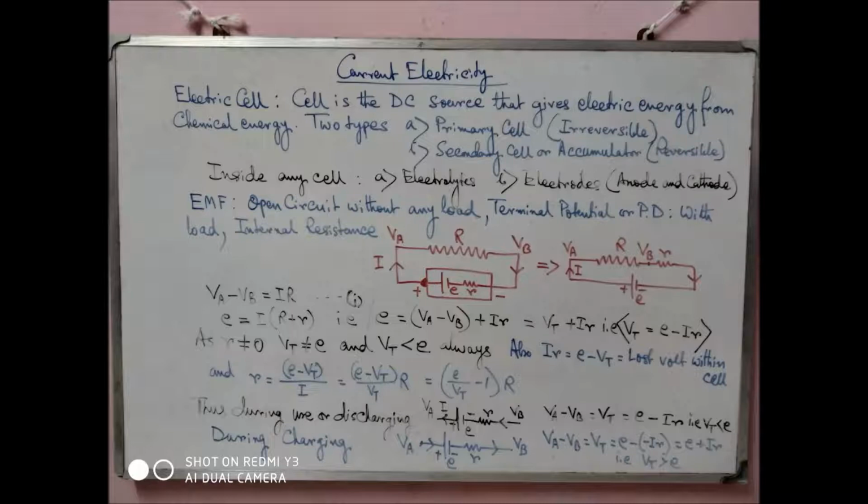Now, what is the amount of voltage, or actually potential, present in a dry cell? 1.5 volt. In every dry cell it is 1.5 volt. But the Leclanche and Daniell cells are mainly used not in practical life, but in the laboratory. So it is less than 1.5 volt. It is not 1.5 volt, nearly 1.03 or something like that. Now the question is, what is the use of a secondary cell? Nowadays we use a rechargeable torch.